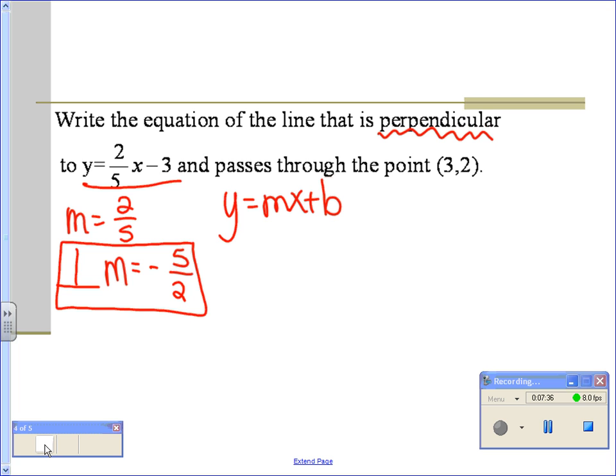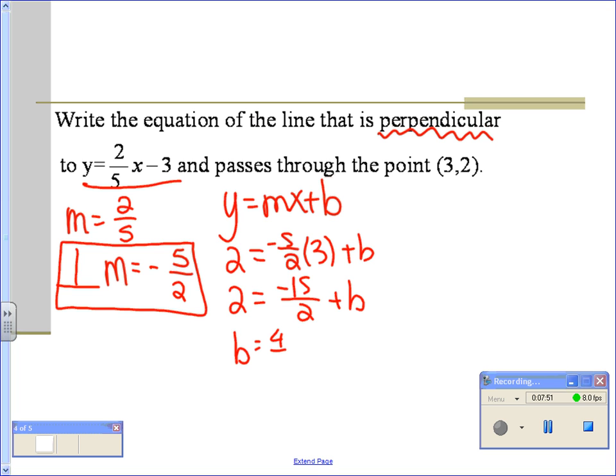Okay, so what would our y be? Equals. Okay, so 2 equals plus b, and then what? So b would equal,